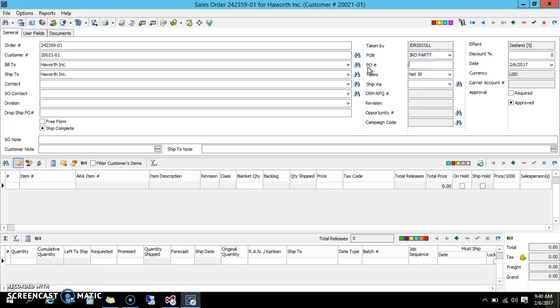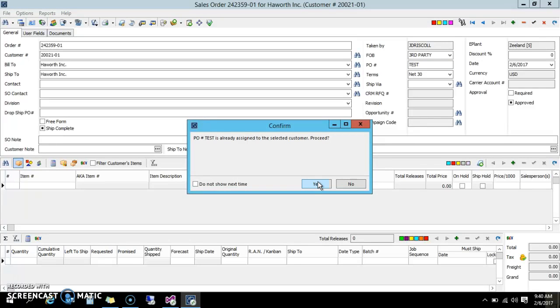The next field we move to is the PO number. This is going to be customer supplied. For our example, I'm just going to use test. I'm going to click the post edit button up here. This is what you use whenever you make any changes to the PO. You're going to use this button. Once I click that, it will turn gray,